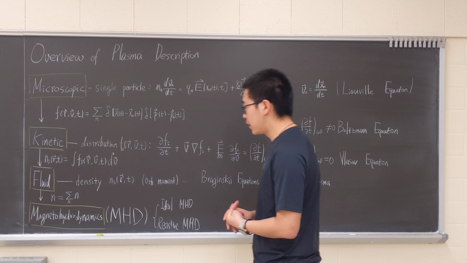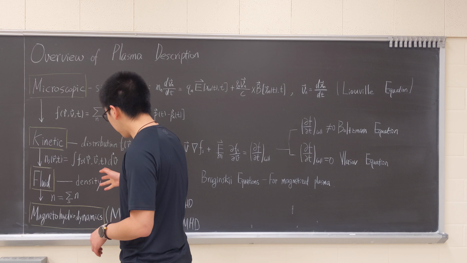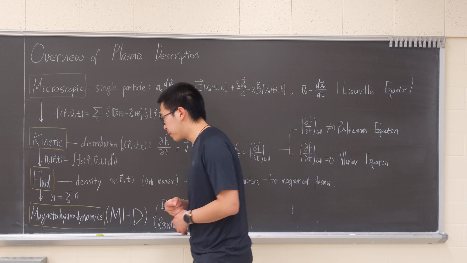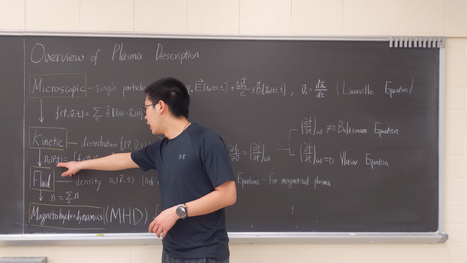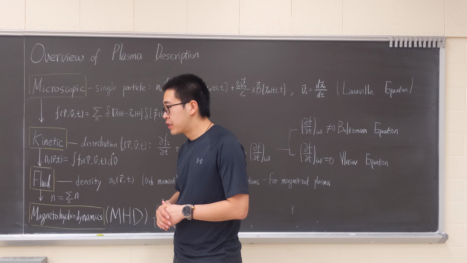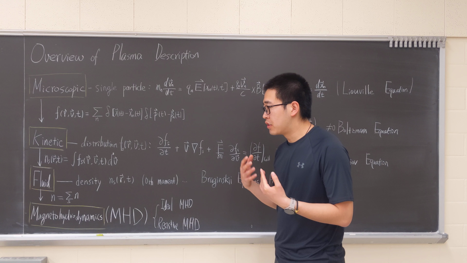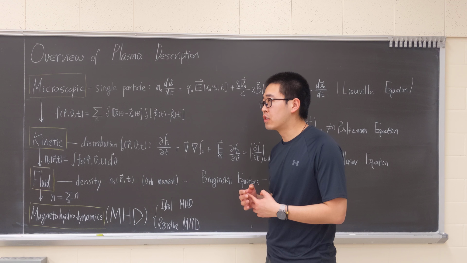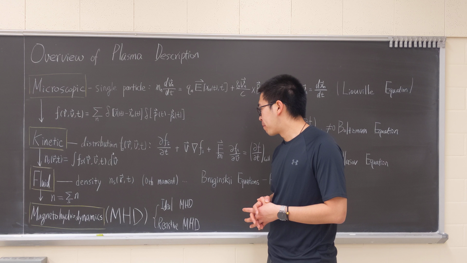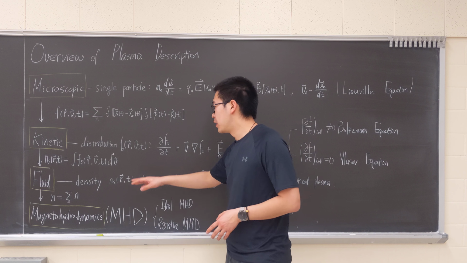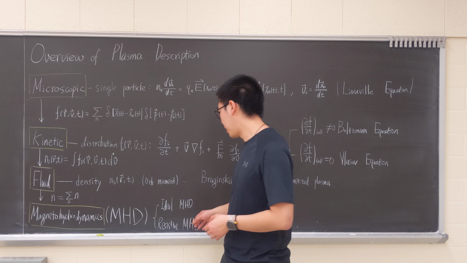So if we integrate the distribution function over velocity, we end up having a density distribution, which is a distribution over space and time. That's the first moment. It can also have an infinite number of moments. By moment, I mean